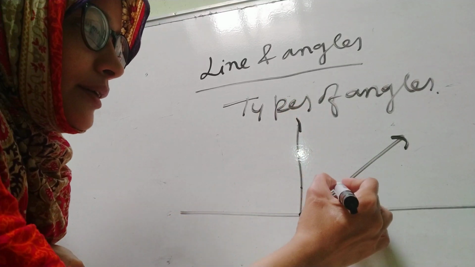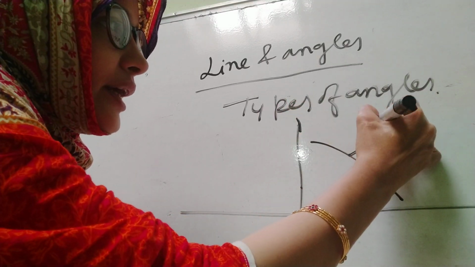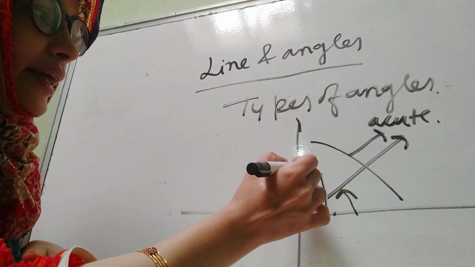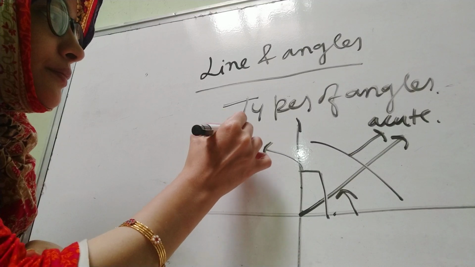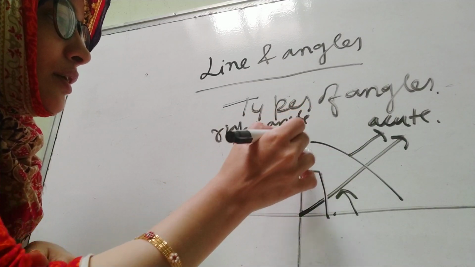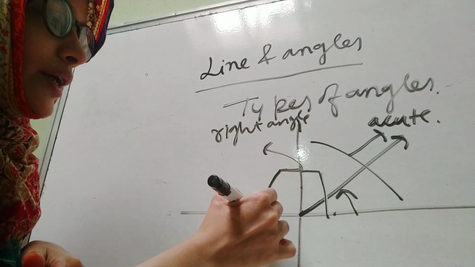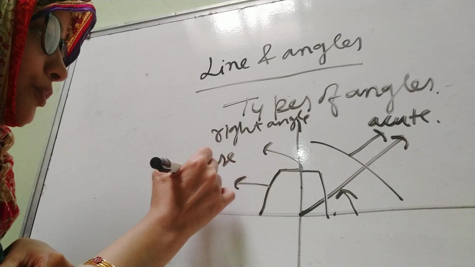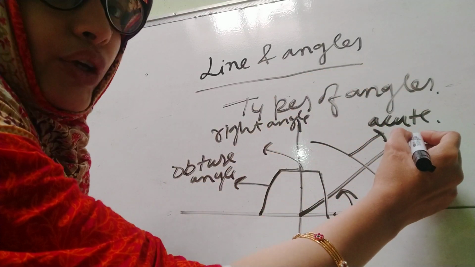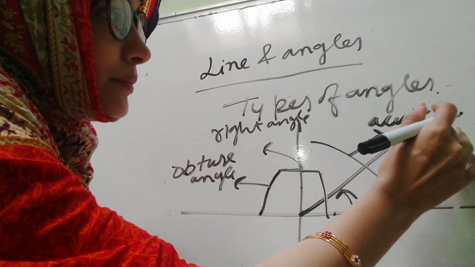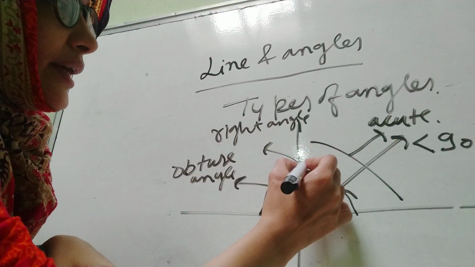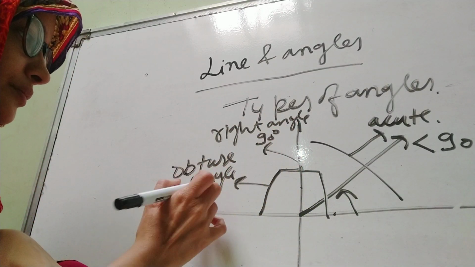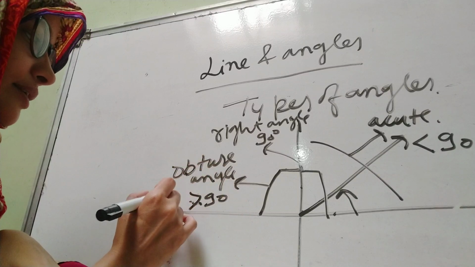And the right angle is, all these angles in the first quadrant are acute. This line is 90 degree, a right angle. If you move from here to here, then it is known as an obtuse angle. I will write down the values. Acute angle is always less than 90. And right angle is 90 degree. Obtuse angle is always greater than 90 degree but less than 180 degree.